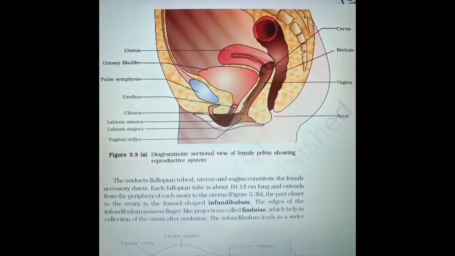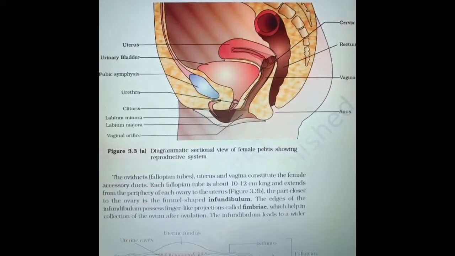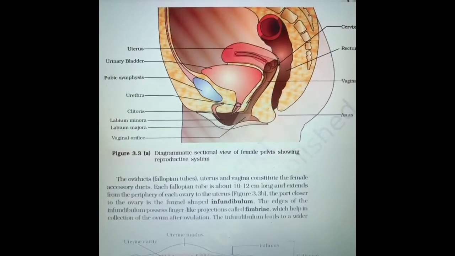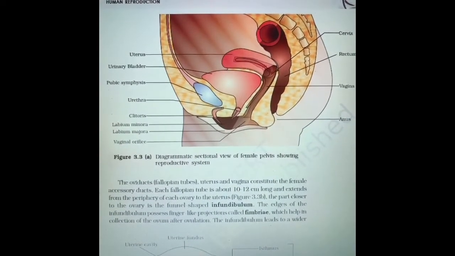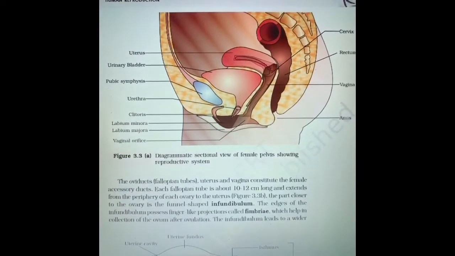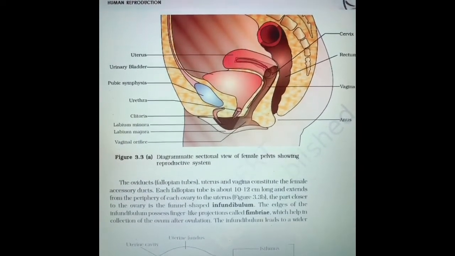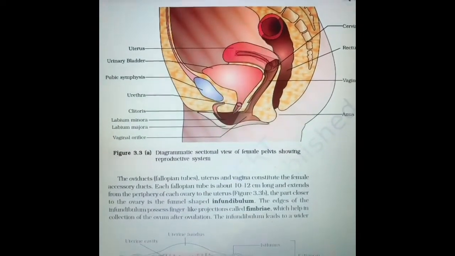So the primary sex organs are the ovaries. The secondary sex organs are the oviducts, vagina, cervix, uterus, and the external genitalia. All this is located in the pelvic region of the body. Along with that are associated the mammary glands. They help in nourishment of the young baby.